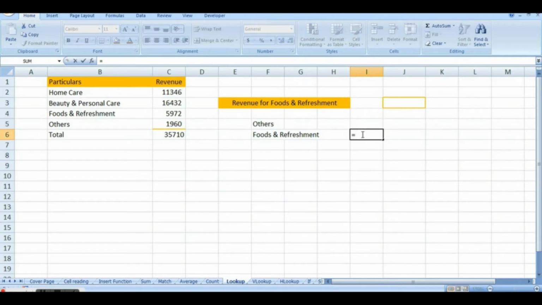Equal to LOOKUP, lookup value: I want to find out foods and refreshment. Lookup vector, from where I want to find this.